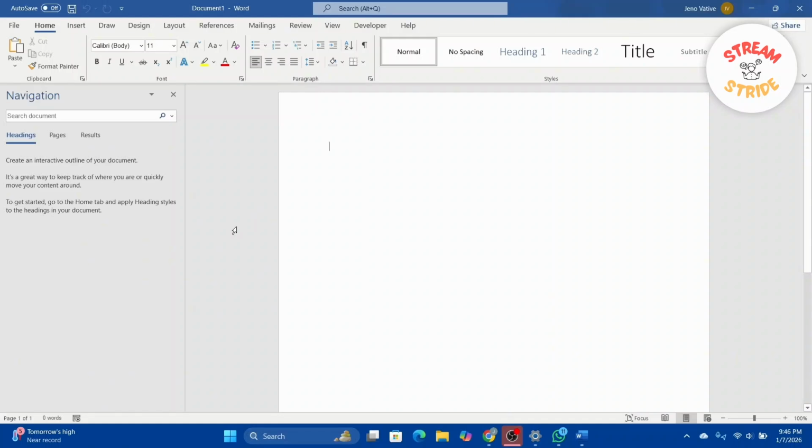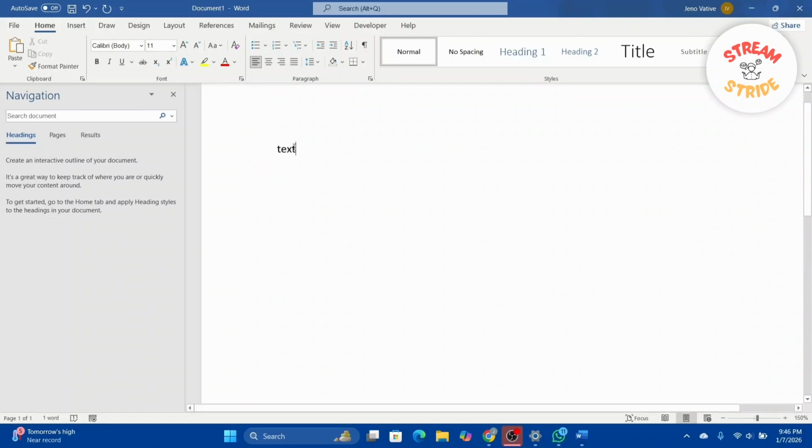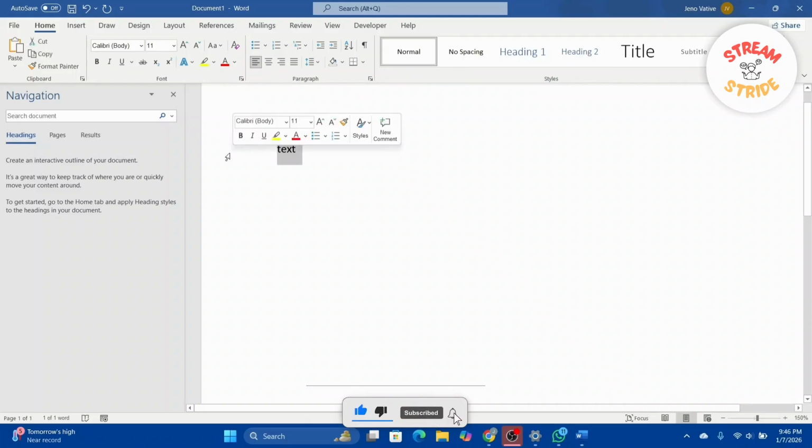And what we need to do is select the text. So let's say this is the text available right here. What we need to do is highlight the text that we want to save as autotext, like this. And once we do so, what we need to do is go to the Insert option in